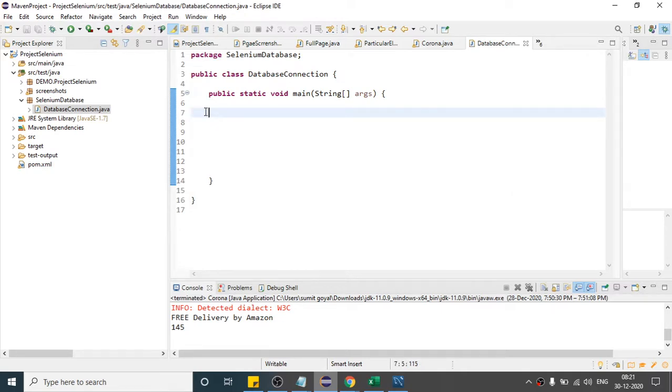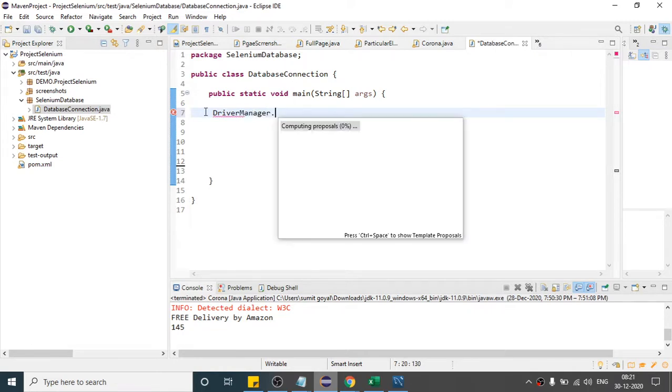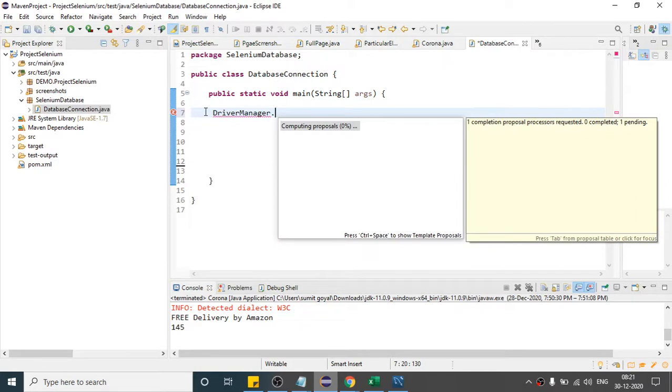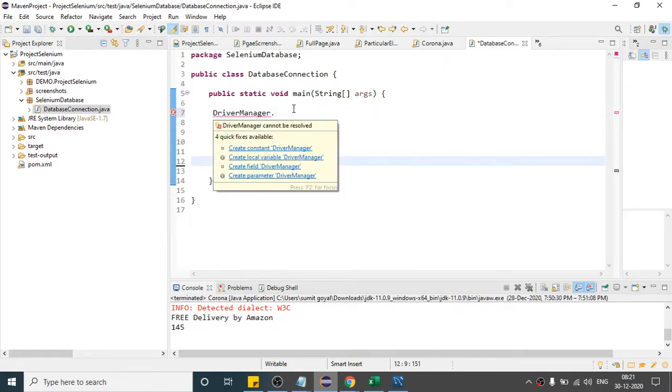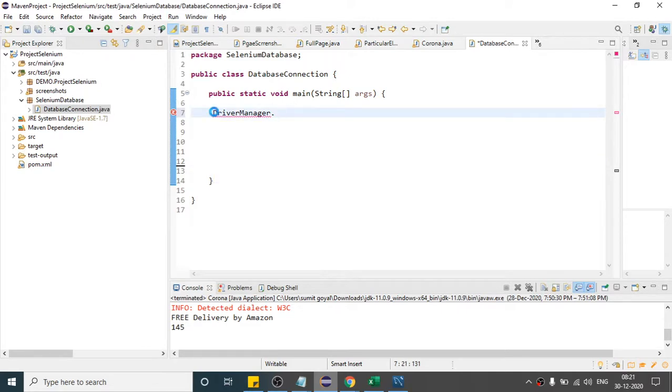Okay. So first of all, we have to create one connection with our database. So this DriverManager dot, let me import the package. Okay, save it.